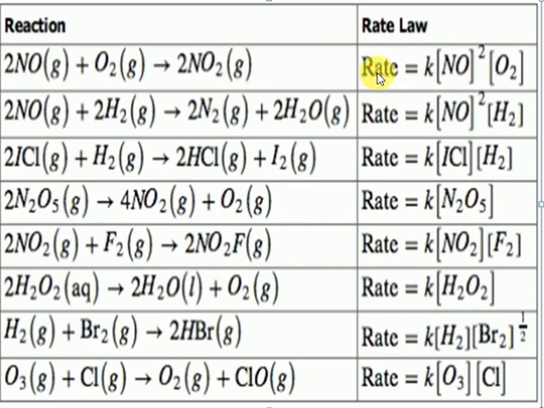So the rate of reaction depends on both the two times the concentration of NO2 plus O2. So what order is it? It is a third order reaction only. 2 plus 1 is called a third order reaction. Suppose in this chemical reaction, what happens? The rate of reaction depends upon two times the nitrogen monoxide concentration and one time the hydrogen concentration.